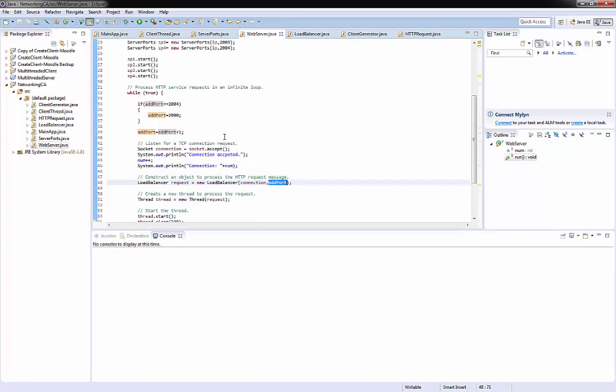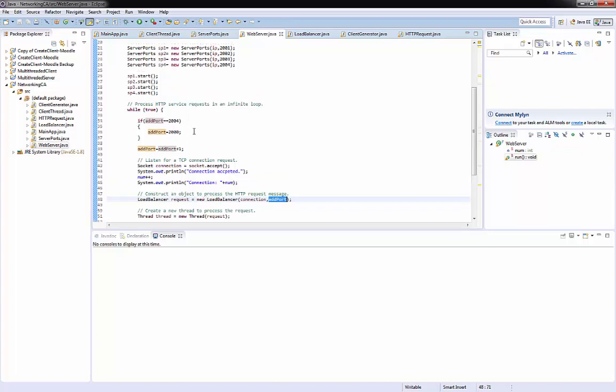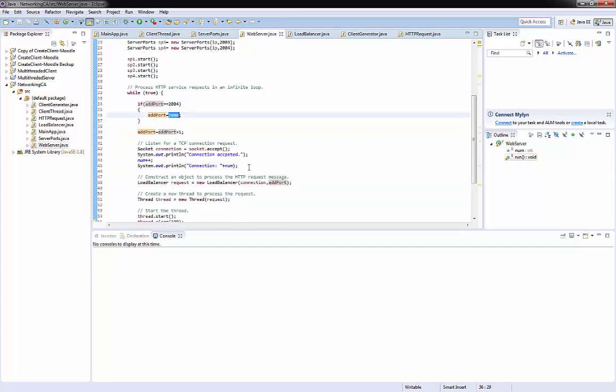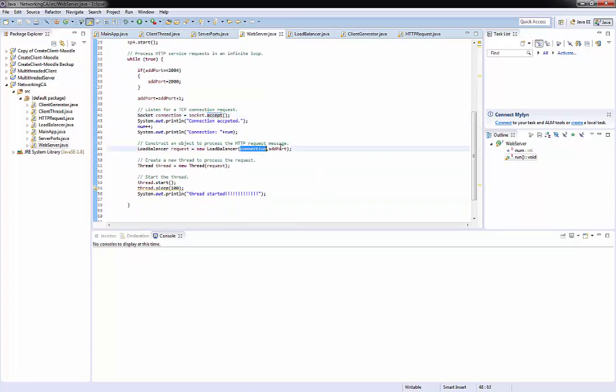So when one connection comes in, the port number would be 2000. The first one comes in, it would be 2000 plus 1, so it's 2001. The second one would be 2002, then 2003, and 2004. When it's 2004, it would change back to 2000 again, so that it would be 2001, 2002 again. So it accepts the connection, puts the connection and the port that it's given, and then creates a thread here